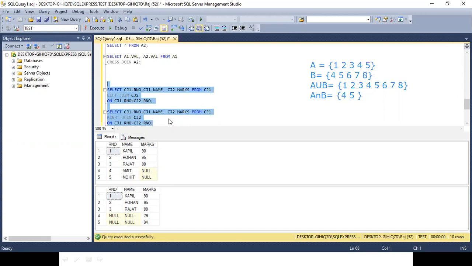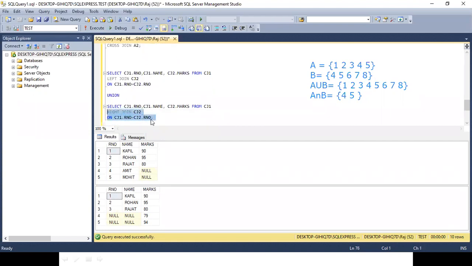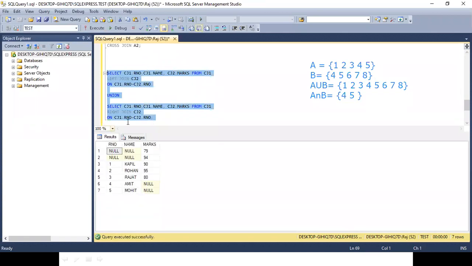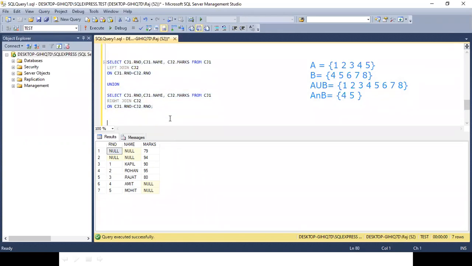Then let's unite the output of these queries. So I will say union, simple, and I will run them together. Here it is. The output of query 1 and query 2 has been united, and we are getting this. Is this point clear? Now, this was the union. We have another clause known as union all.